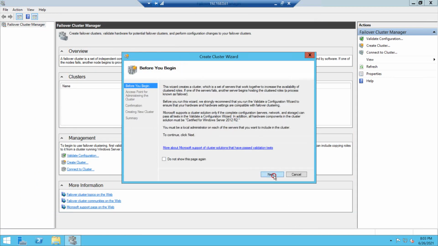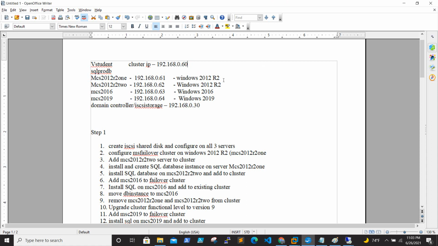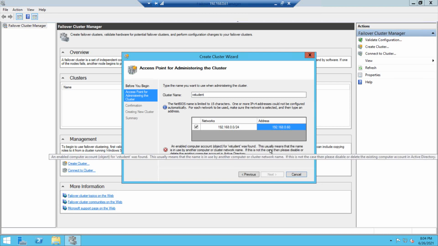Now it's time to create the cluster name and all. vstudent is my cluster name, and we need to give the IP. This is the IP we are going to give, 0.60.